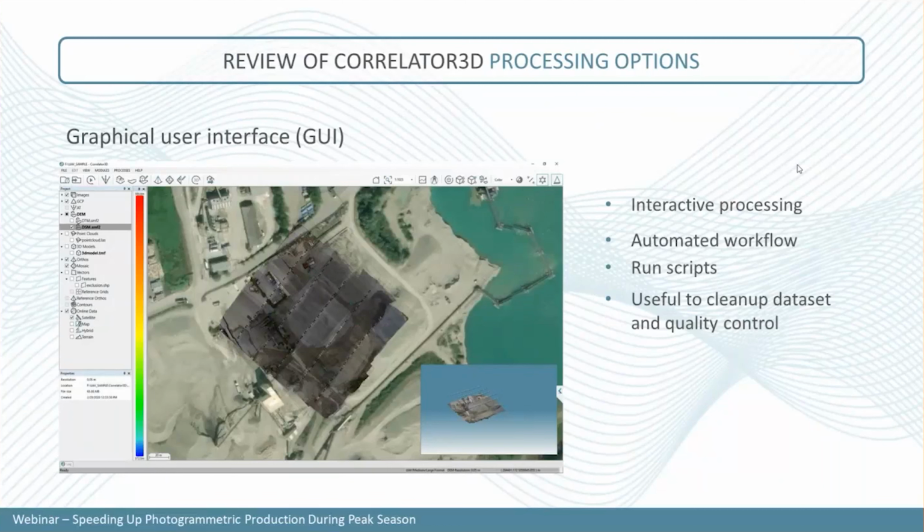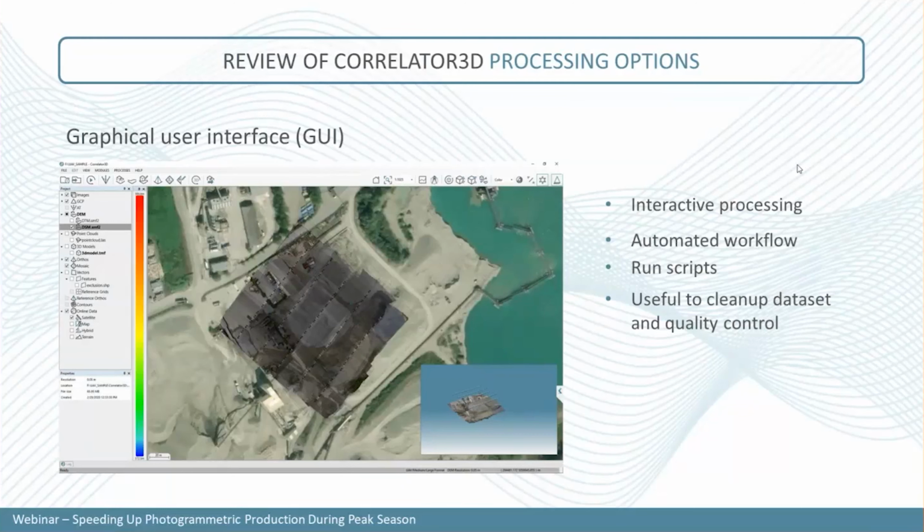Again, the GUI interface can be used to run a script. So let's say your project was already created, and you've generated a script with the automated workflow. You can run the script directly with the graphical user interface. You can also call the automated workflow from the graphical user interface, which I will talk a bit about later in this presentation. And so basically the graphical user interface is the best tool to learn about the software and use the software,